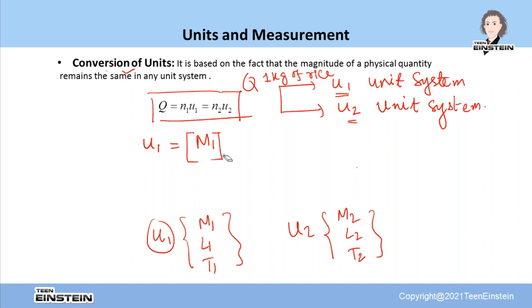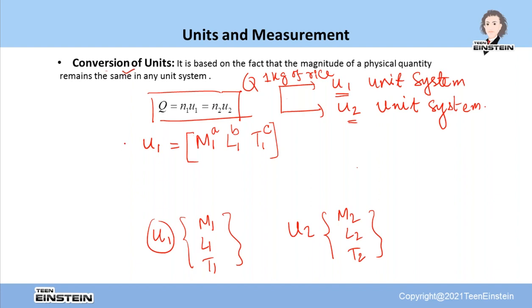Sometimes all the quantities can be written in the same square bracket also. I'm just doing that only. So M1 to the power A, L1 to the power B, and T1 to the power C, in unit system